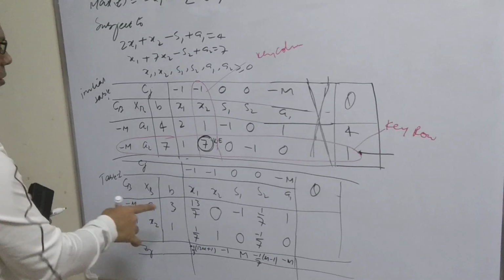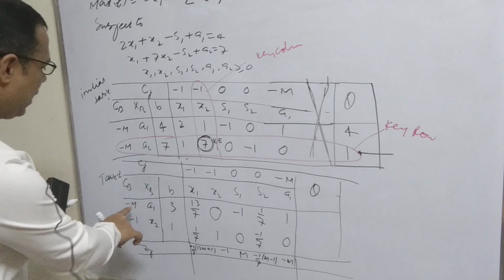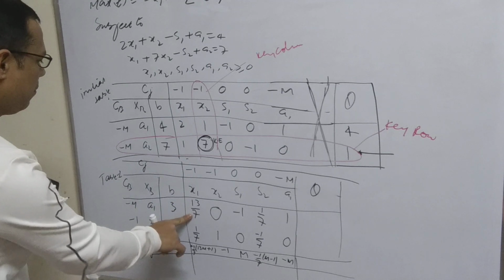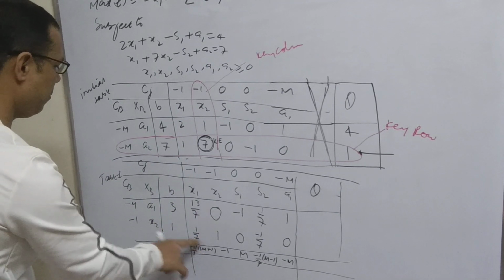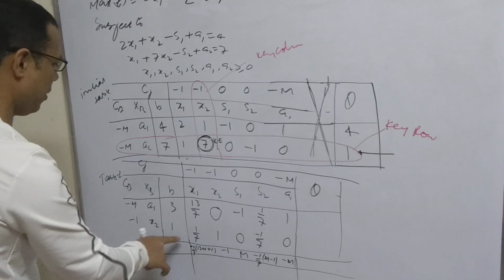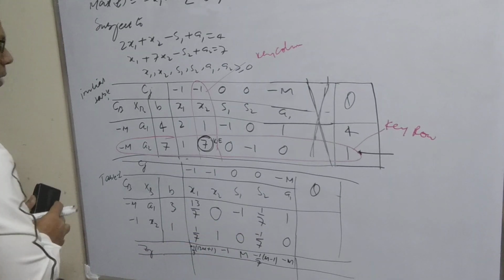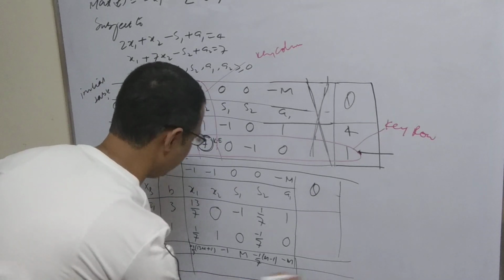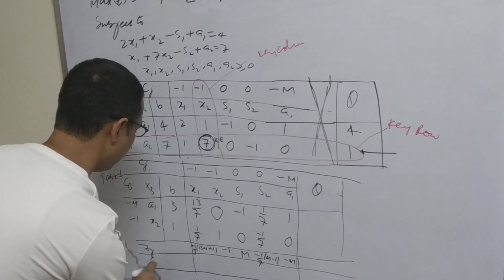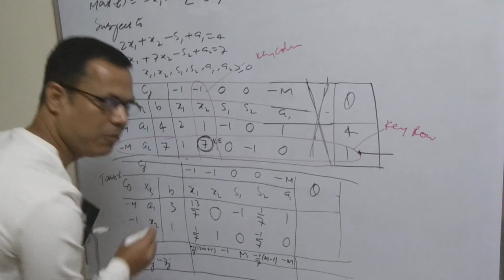So it is better to go for, again to just check, minus 13m by 7 minus 1 by 7. So minus 13m plus 1 by 7 minus 1 by 7. So in this way we may find the solution. Next, Cj minus Zj. Because here at Cj minus Zj only we can find the term which variables is going